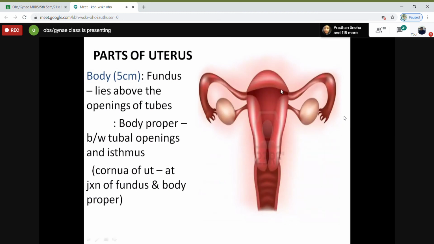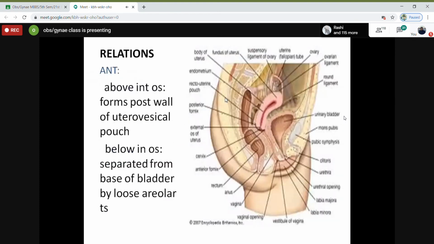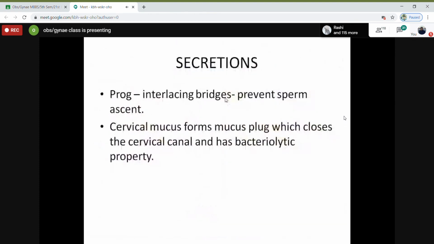Whenever you see the ovaries in any picture, you have to know it is the posterior view, because the ovaries lie posteriorly. Anteriorly you have the broad ligament laterally, on both sides. So if the ovary is visible, it is the posterior view. From the broad ligament, the mesoovarium, a fold of peritoneum, comes behind and enters the hilum of the ovary. So just picture this a little, because I don't think I have a picture over here.